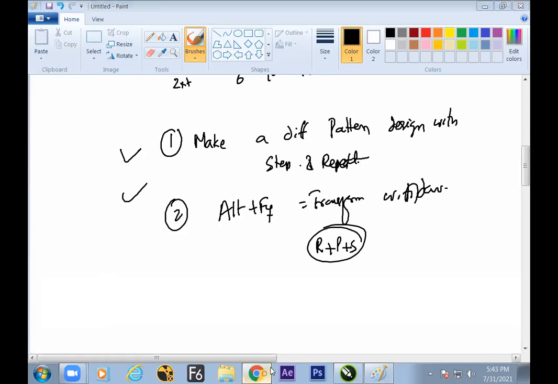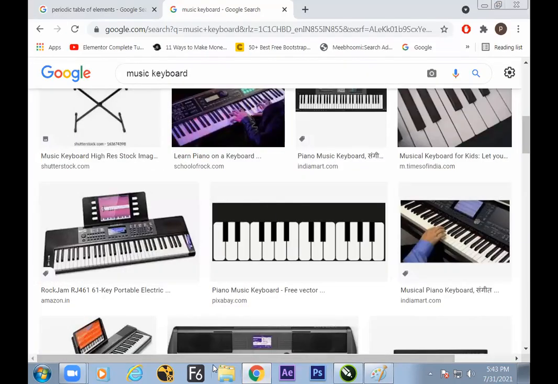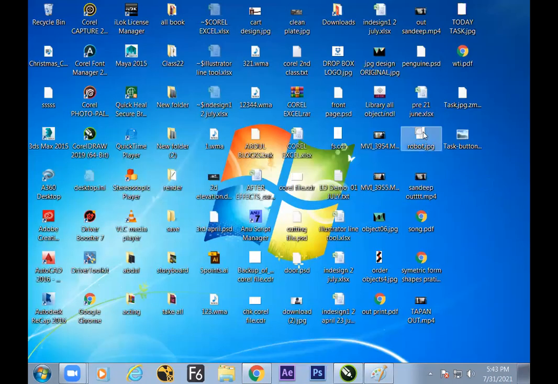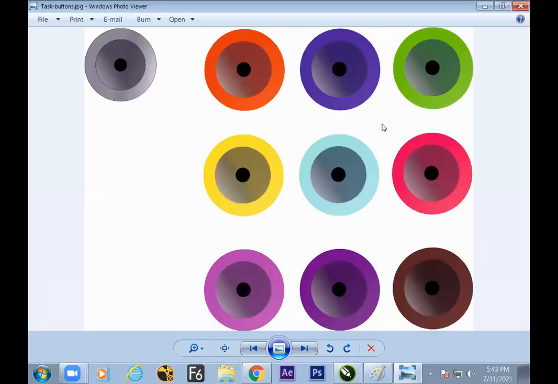So let me see. Some of the output has been given. So let us check the output. The chat box, hope you have downloaded. Let me download the task. So it may be a JPEG of your document. We can place it there. So yes, nice. So a different radial format has been tried out with the help of what? Contour, right? Manoj?